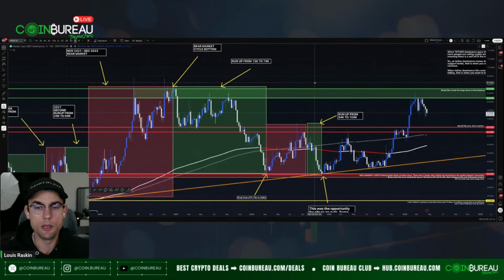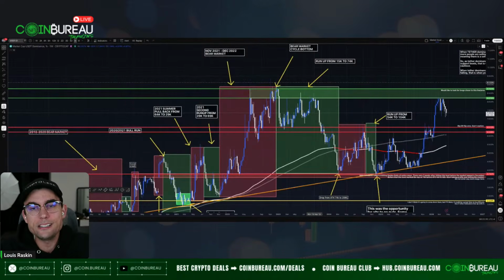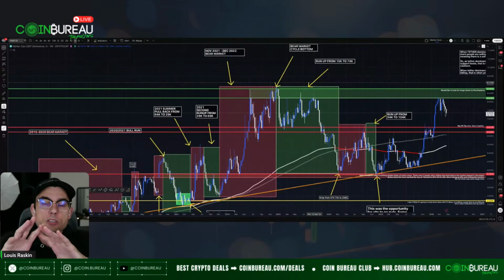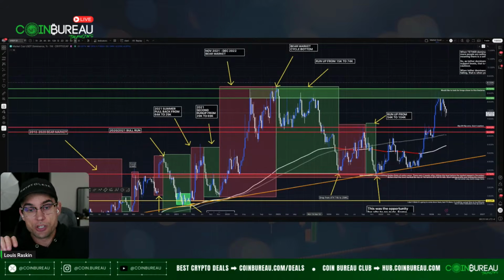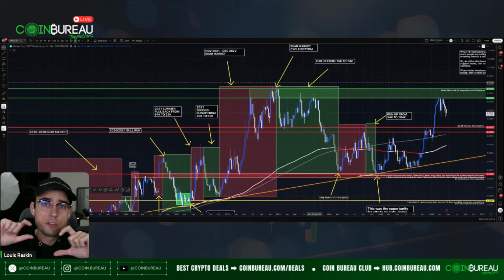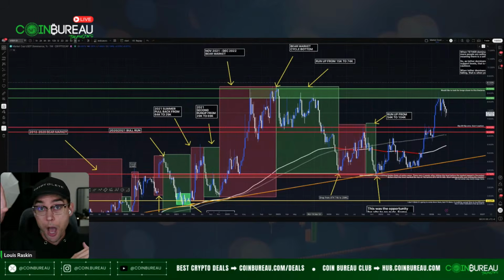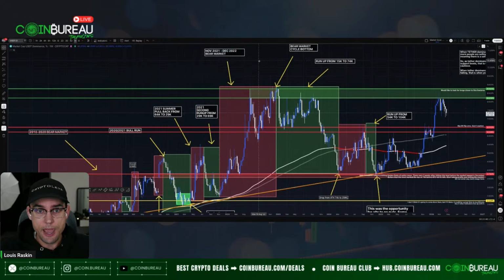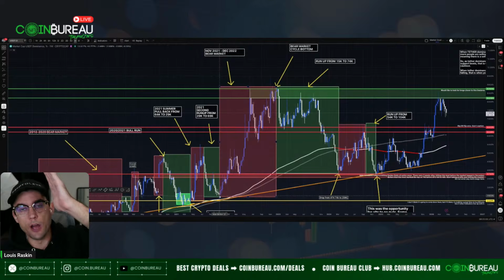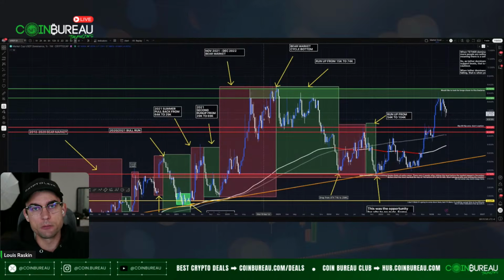Because if you look, USDT dominance is how much money is going into USDT, as a percentage against everything else. So if the dominance of USDT stablecoins is going up, that obviously means people are selling their crypto and moving into stablecoins, which is bad for the market. It means the market's going down. And you can see that right here, this big red box that I drew out. As USDT dominance continued to move up, that was when we had the bear market in 2022.